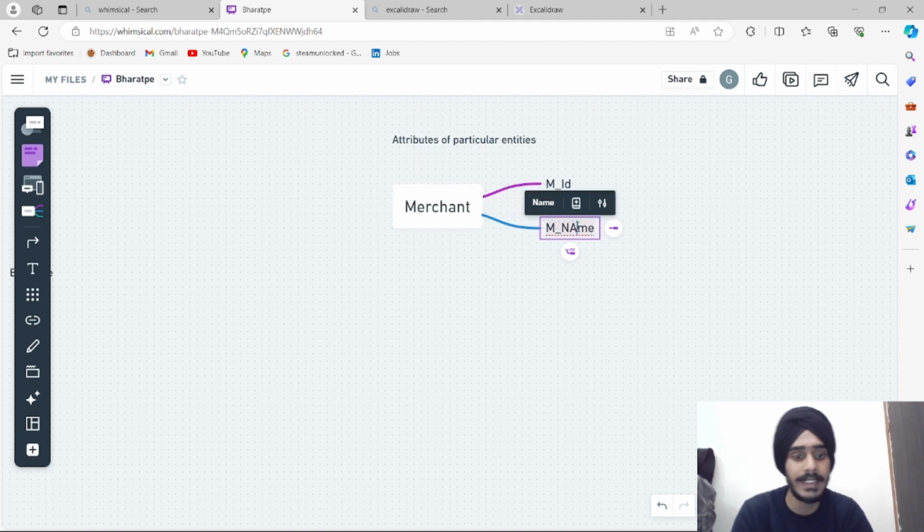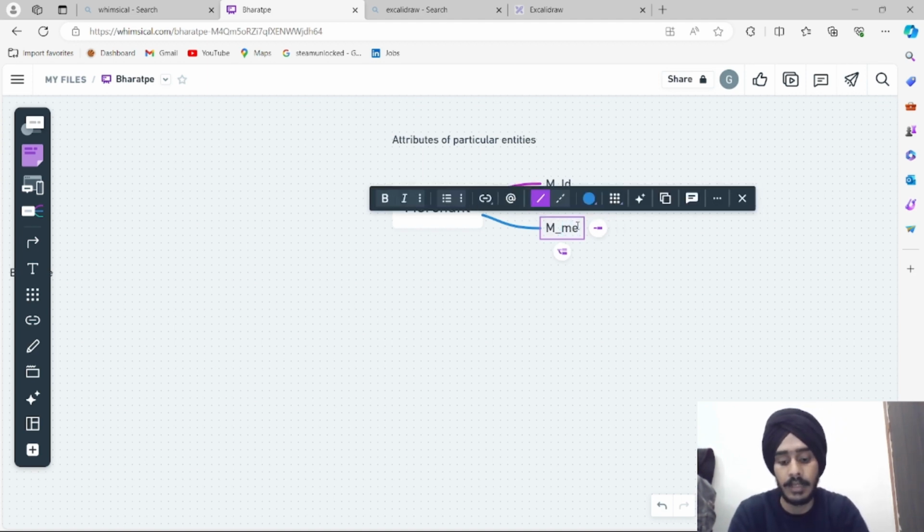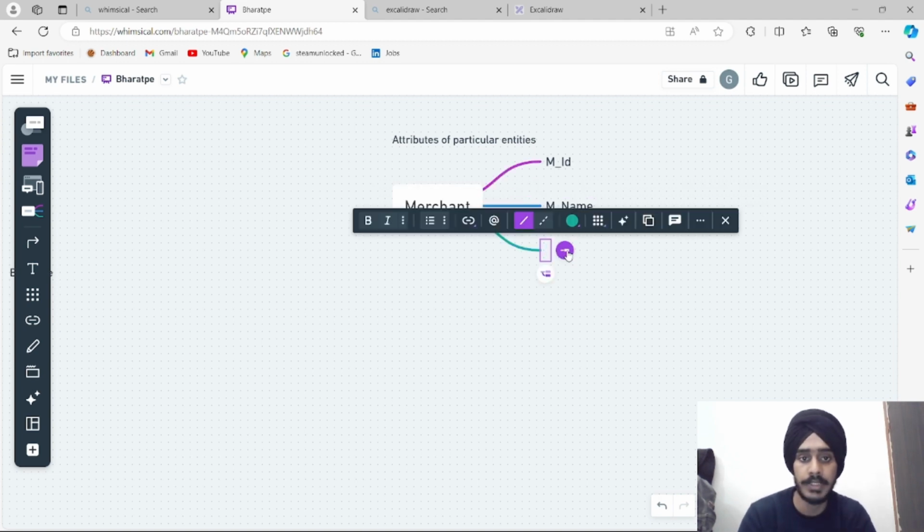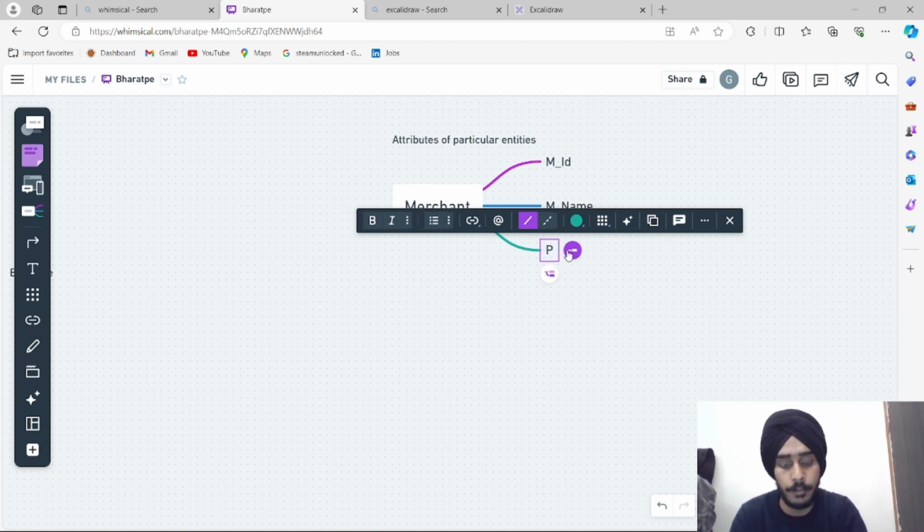These are all characteristics of the entity merchant, like the particular things given in the table of the merchant, or we can say the headings. So ID, merchant name, phone number,